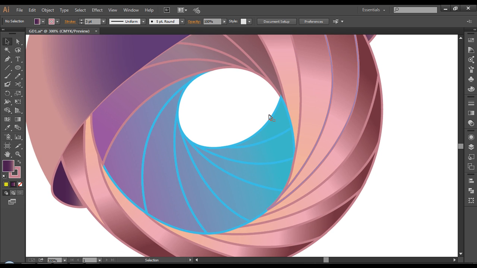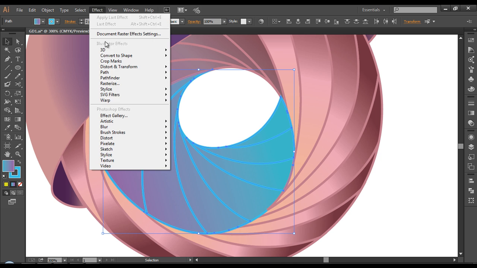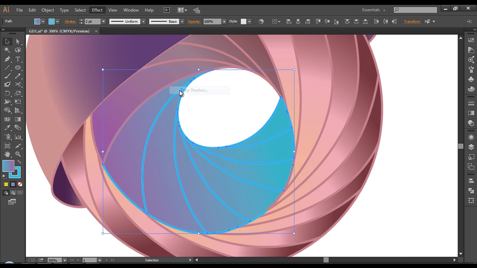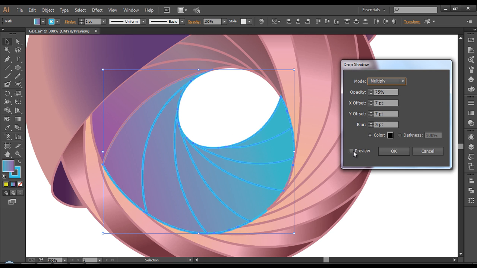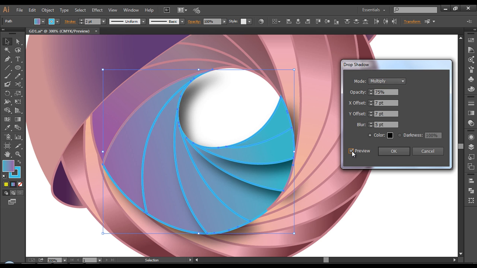I just select this one, and then I select all these pieces here, like this, and go to Effect, Stylize, Drop Shadow to apply some drop shadow here. I just applied that and it shows a preview, and I need to do some adjustments with the shadows.